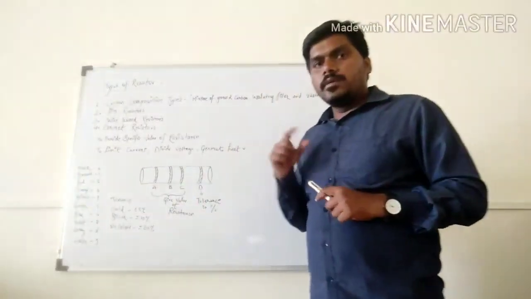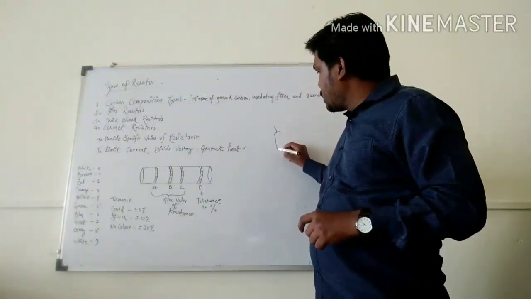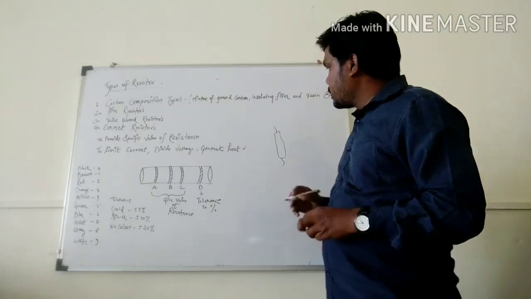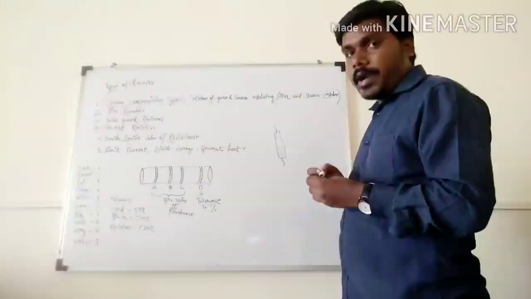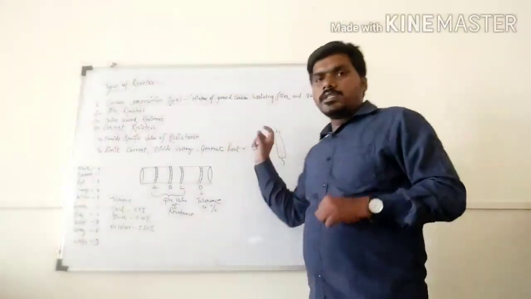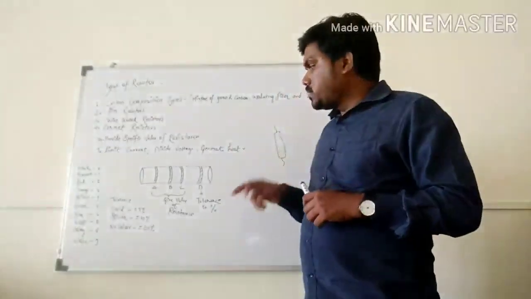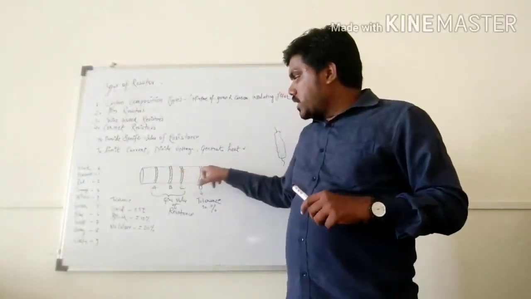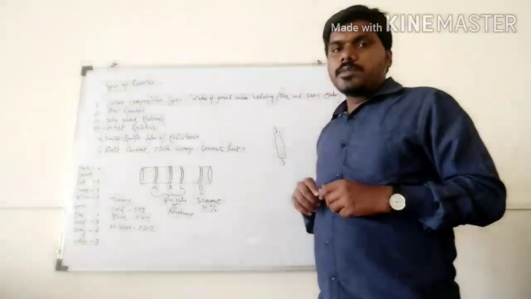You must have seen these small resistors, right? There are bands like this, various color bands. So this is the structure of that resistor. If you see any kind of resistor in a circuit, you must have seen these kinds of color strips: 1, 2, 3, 4 strips are present there.